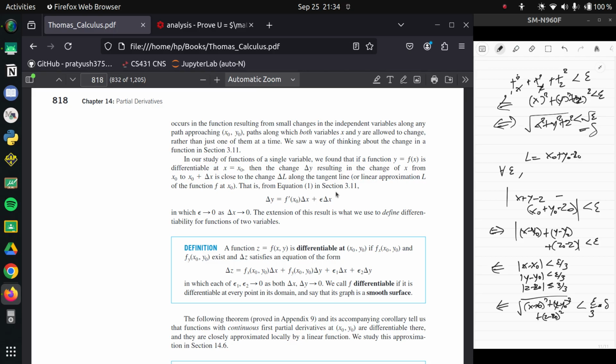So a function f of xy is differentiable at x naught comma y naught if f, so this is the partial x derivative, so they must exist firstly, and delta z satisfies an equation of the form,